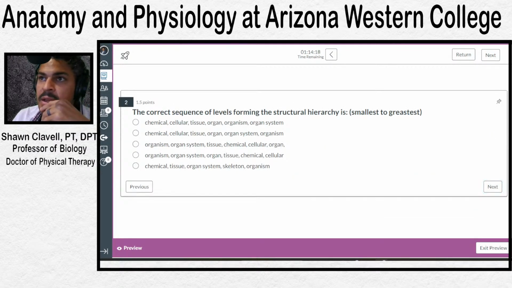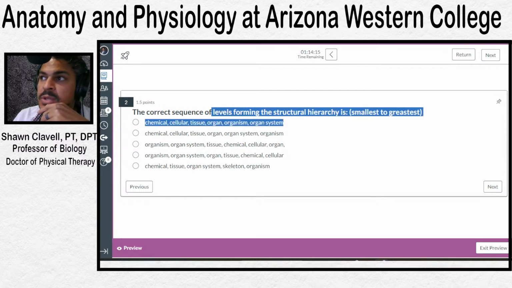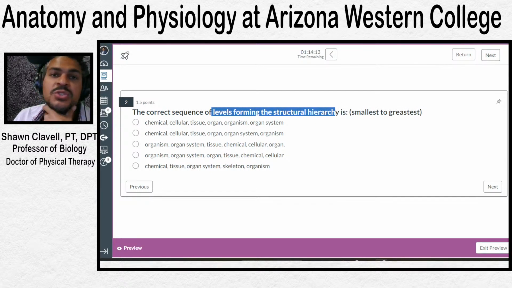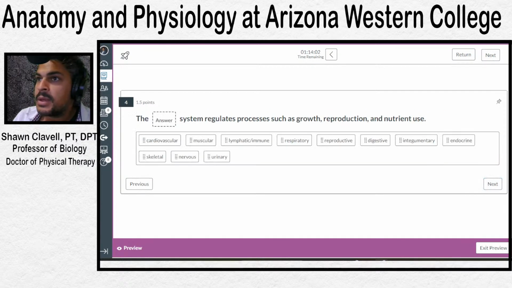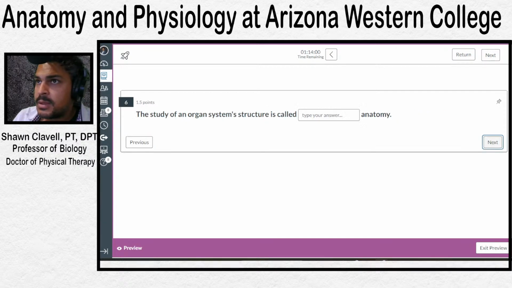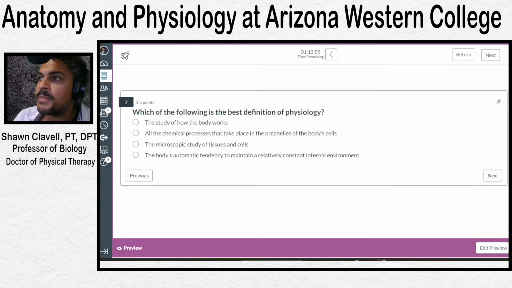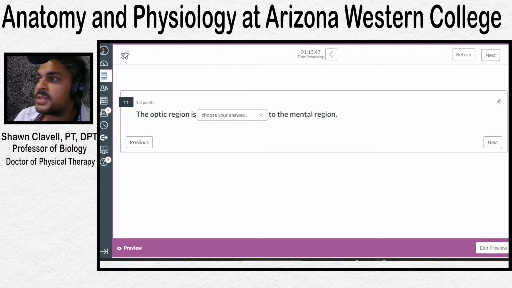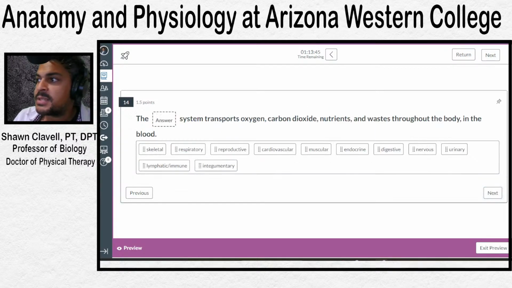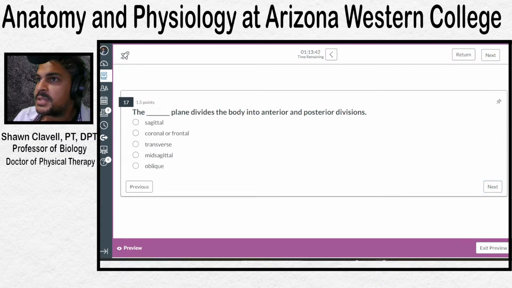The key here is the levels of organization, or the structural hierarchy in terms of life. We can see all those questions here. The study of the small body structures, often too small to be seen. The study of organism system structures is called blank. What is the best definition of physiology? And then the latter half of this exam, as I click through it as quickly as I can,